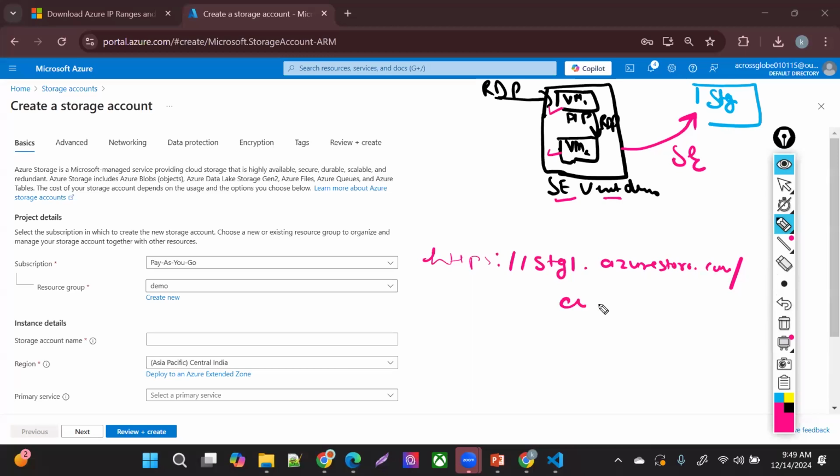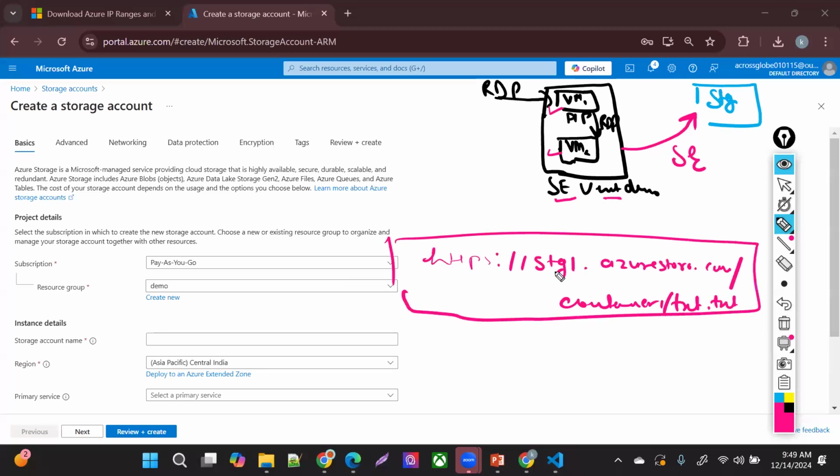Let's say my container name is container one, and my blob name is text.txt, right? This way Azure is going to provide you one FQDN, right? If two storage accounts have the same name, then how are you going to differentiate them? So that's what they are saying. This name should be globally unique, right?